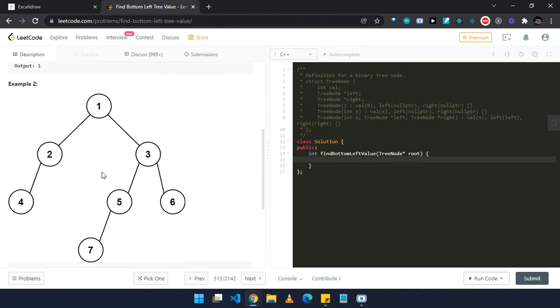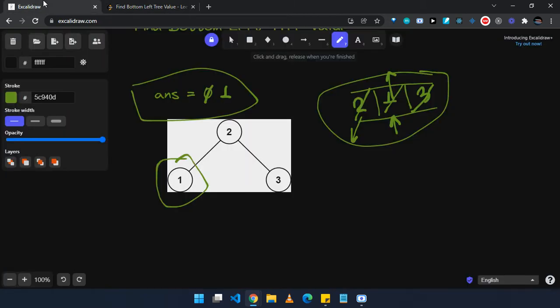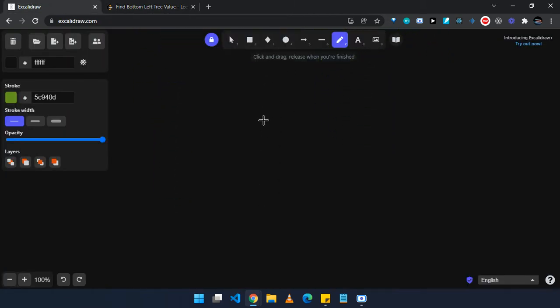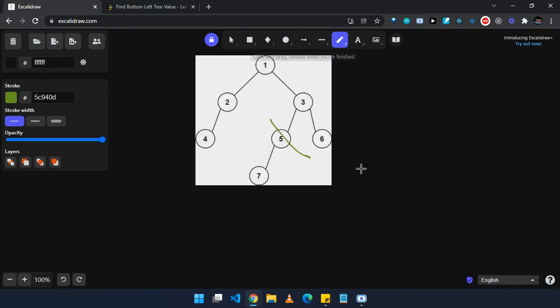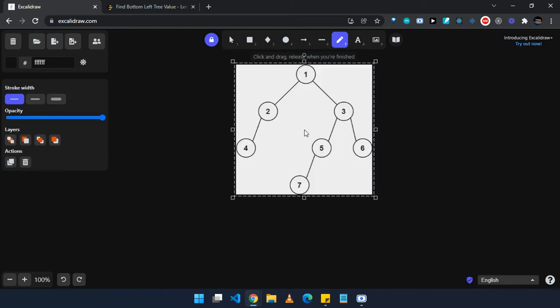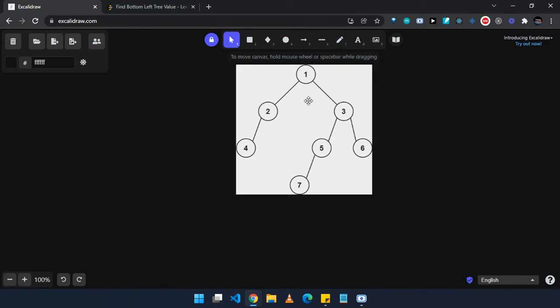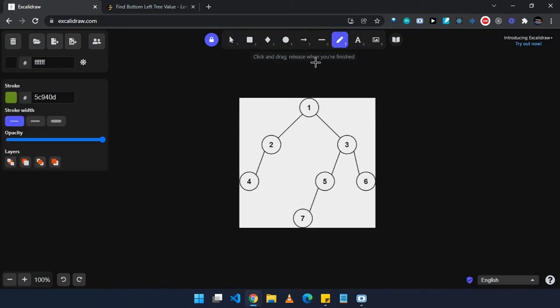Suppose we have this as an example. Initially we will start with this level. We'll push this root node to our queue, so our queue will be 1.